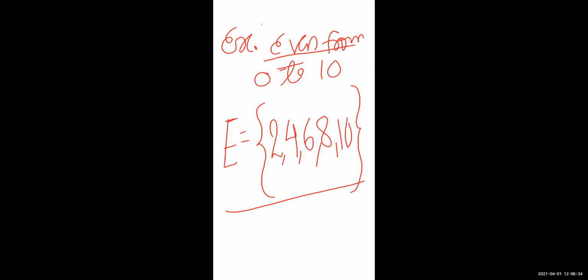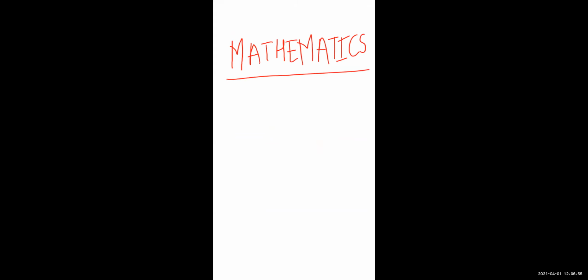But I'm giving one more example here. As our subject is mathematics, you have to write down the letters from the spelling of mathematics. You have to make the list. So I'm taking it as a capital X, and as we are writing down the set, it should be in a curly bracket. Now just write down the letters. What will be the set? Tell me.